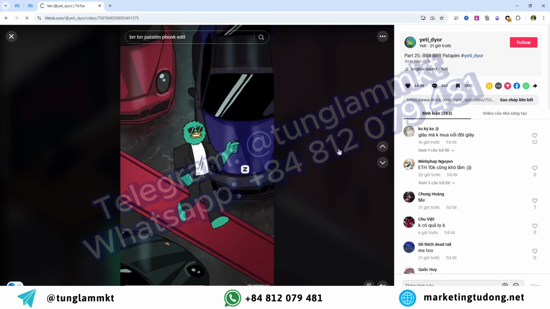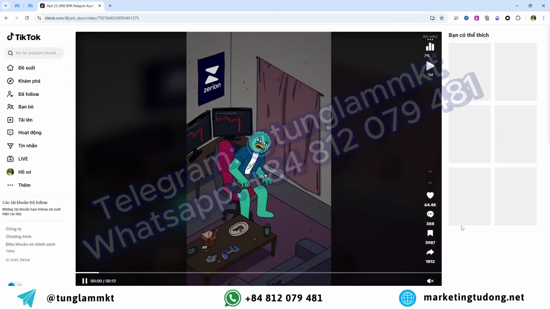If you want to scale your TikTok seeding strategy, the auto comment feature in MKT Tik Pro is a game